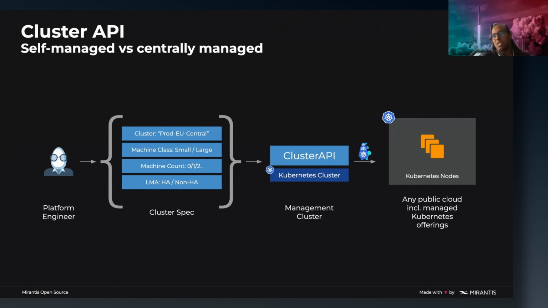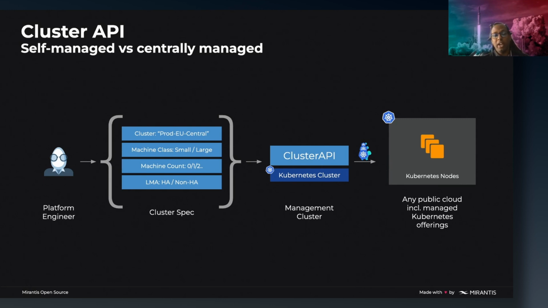For example, this is where you have CAPI plus CAPV or CAPI plus CAPA, right? So very, very standard integration. And once you have integrated the Cluster API components, you can then start to define the child clusters